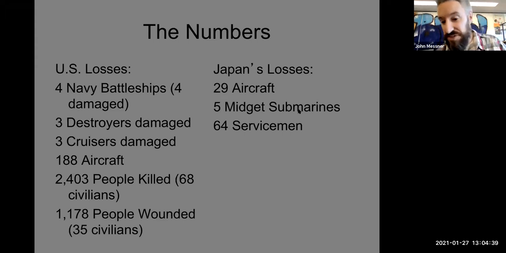They had 5 midget submarines. These are one-man submarines that had a torpedo basically, and they went up into Pearl Harbor and tried to launch their torpedoes. Now, we knew on the day of the attack that there might be something fishy because one of these midget submarines ran up onto the beach, and that guy got out. Of course, he's speaking Japanese. He's in a uniform. He quickly gets captured and taken into the police station, but we don't necessarily know.